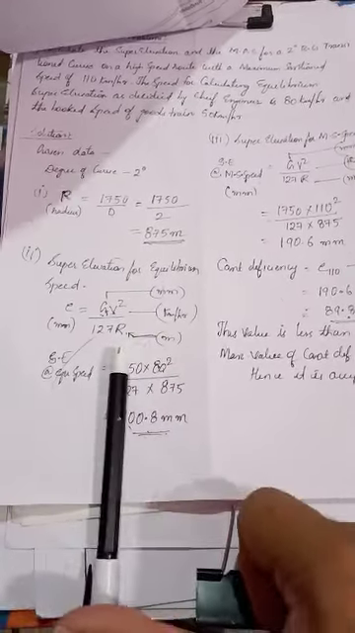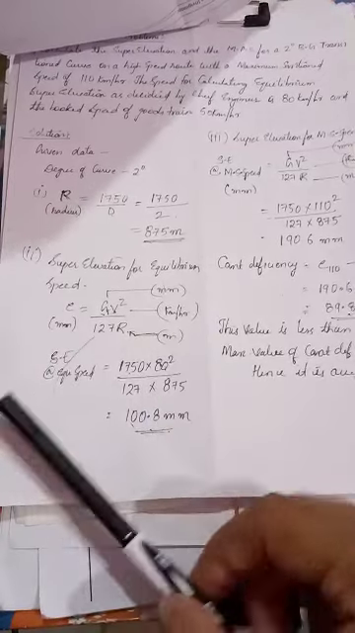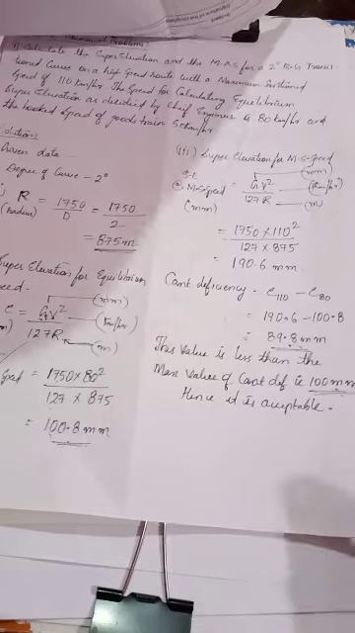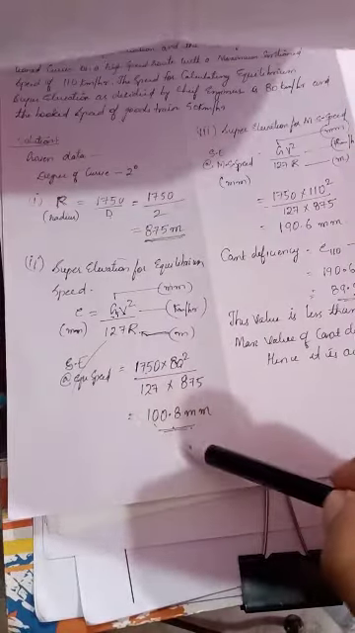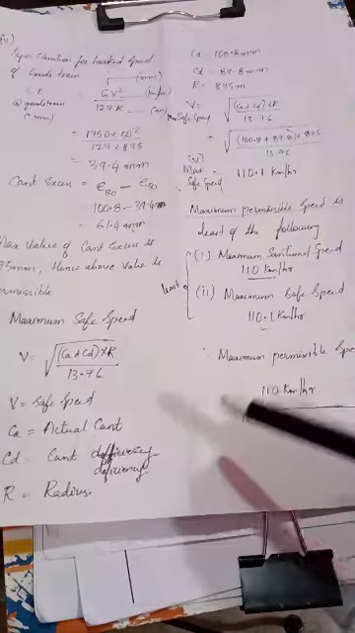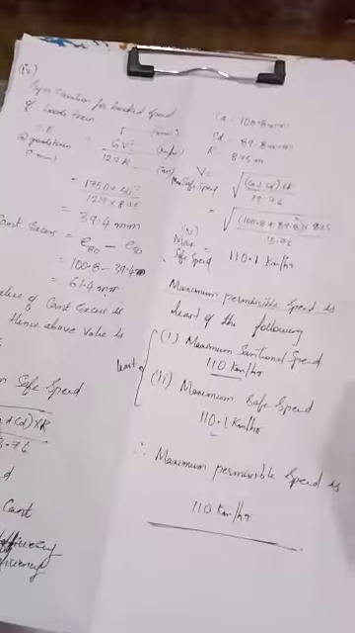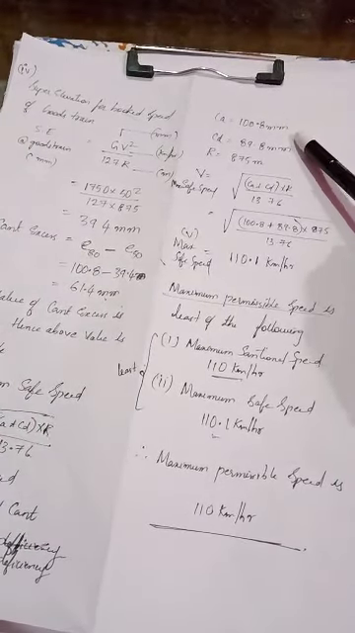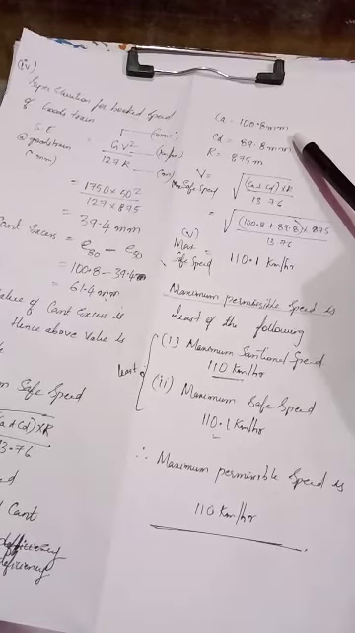This is only on one condition. What is the condition? Cant deficiency should be under limits and cant excess should be under limits. Then only this exact value, super elevation for equilibrium speed, becomes the actual cant. So here we have taken the value of CA, actual cant, which is nothing but the super elevation for equilibrium